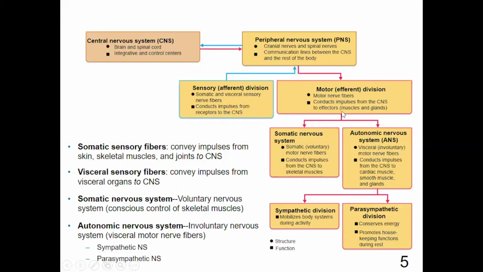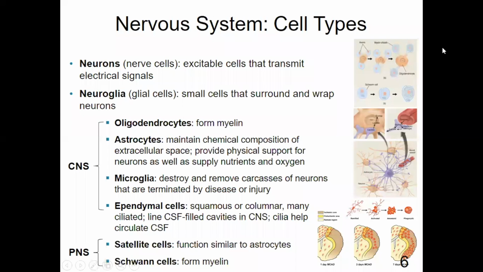And we can see the motor division is further subdivided into the somatic nervous system, which is under conscious control, and the autonomic nervous system, which again is not being consciously controlled. Now that we have the various divisions of the nervous system,